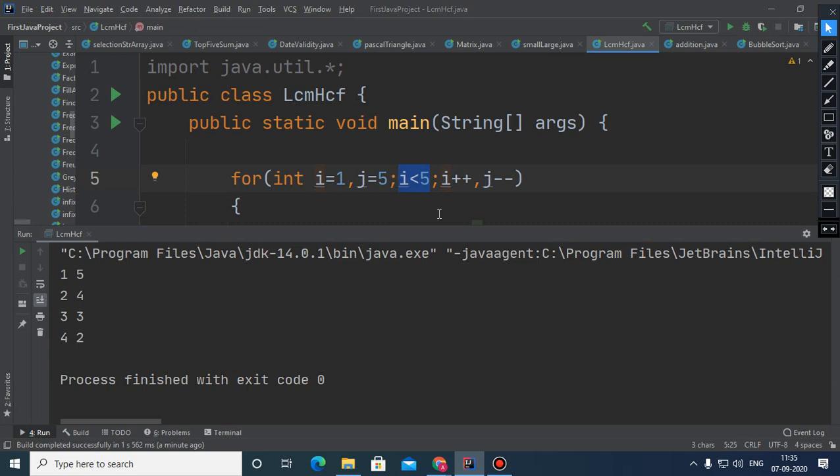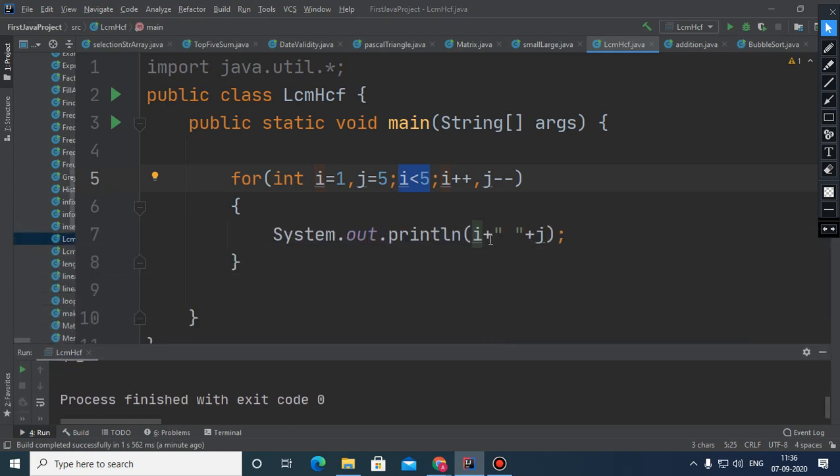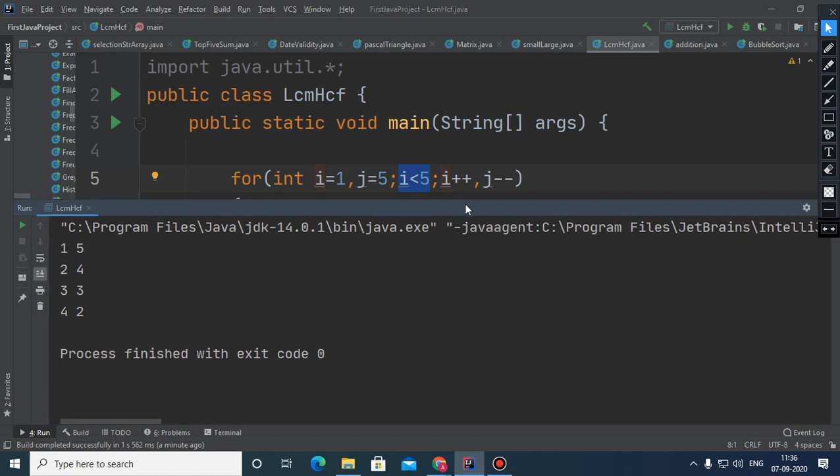At the same time, i will get incremented and j will get decremented. Within the loop body I have written i plus space j, so these two values are printed: 1, 5. Then i becomes 2, j becomes 4; then i becomes 3 and j becomes 3; i becomes 4 and j becomes 2. This is how the loop is working.